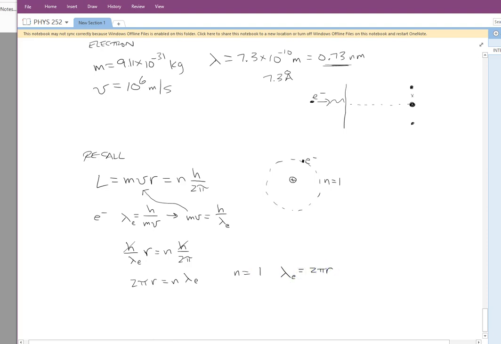Now what's so special about 2 pi r? It is the circumference of the orbit. Ooh, the wavelength is exactly the circumference. Look at what happens for n equal 2. Now you find out you get the wavelength times 2 is,